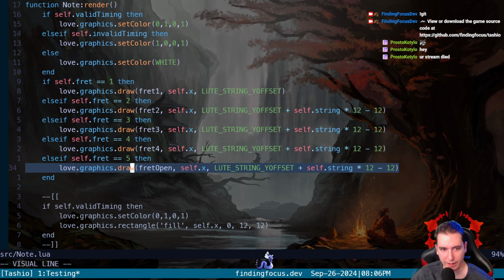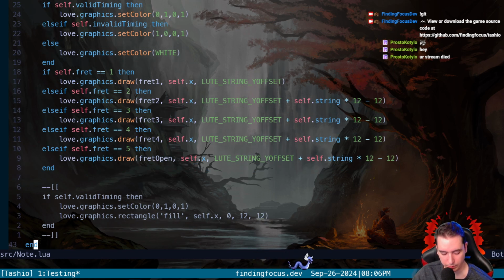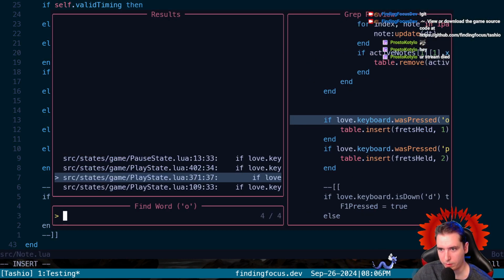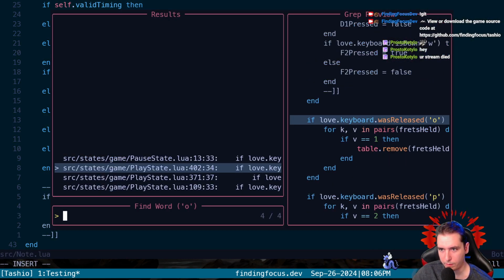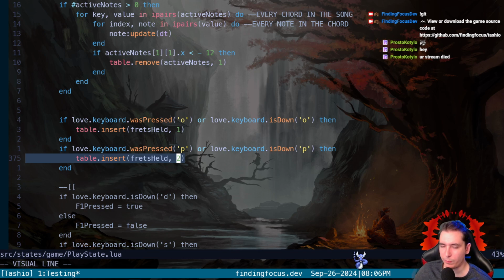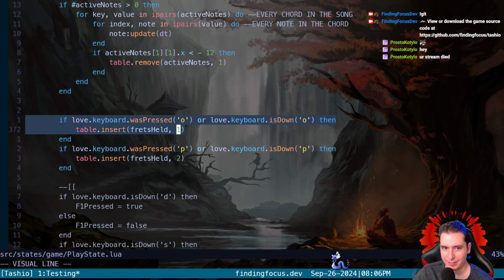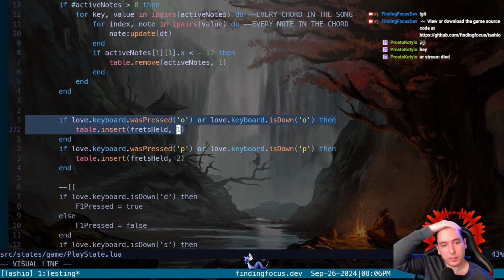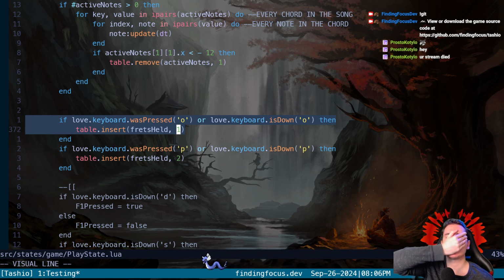But we have to find where we're holding. Where are we doing the fret render for? Right here. Oh, frets held. Okay, so what we need to do right here. Okay, this is tricky. So this is in our play state. We need to move this stuff.